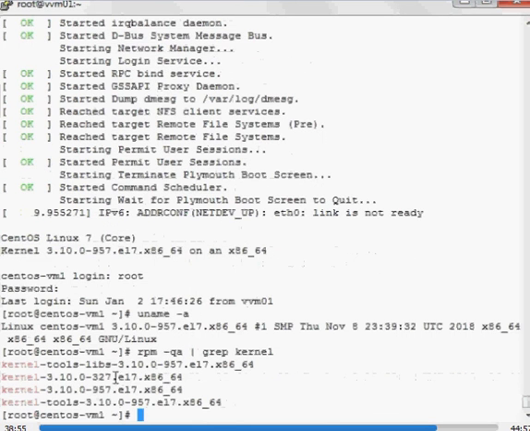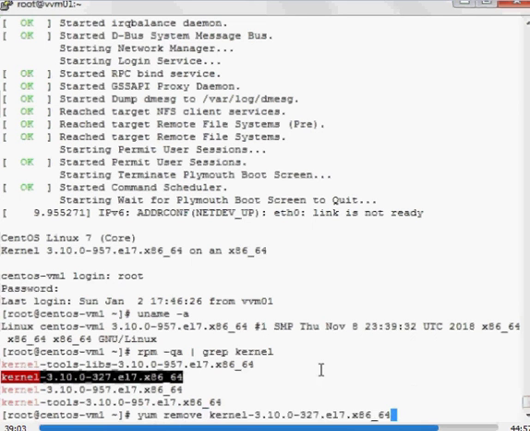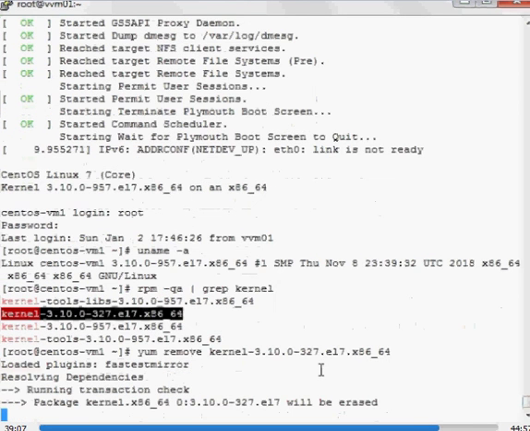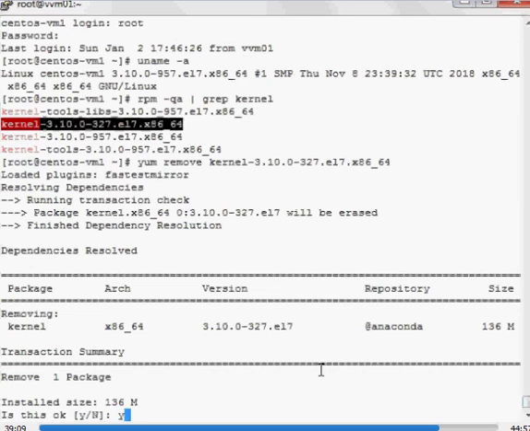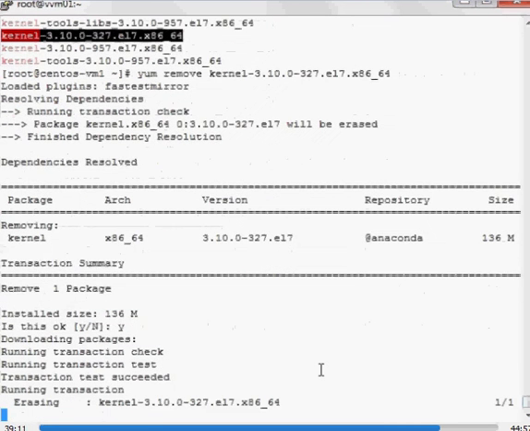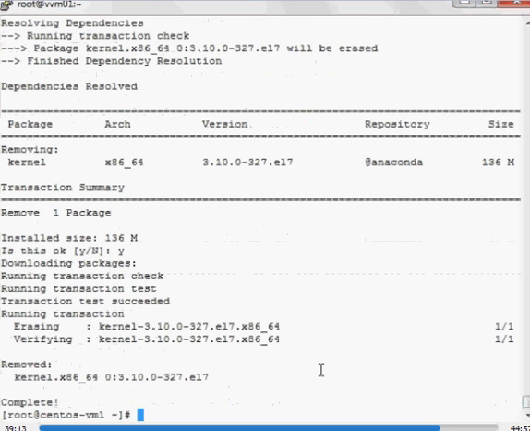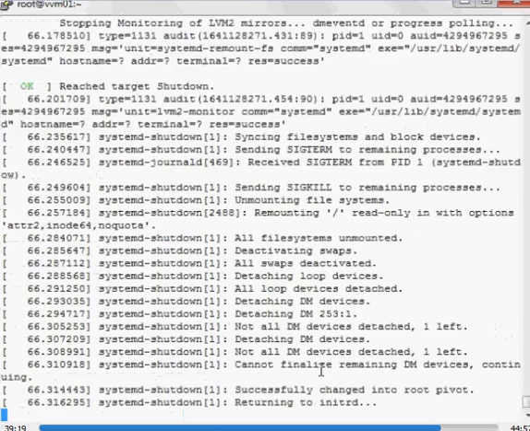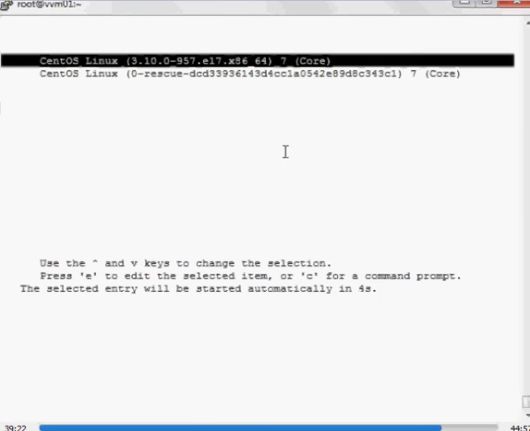You can see there are 2 kernel packages. So we will be removing the older kernel. The yum remove command is used to remove the old kernel. Now let's take a reboot to see if everything is working fine, but reboot is not mandatory. Here you can see only 1 kernel.